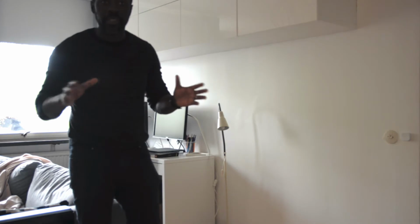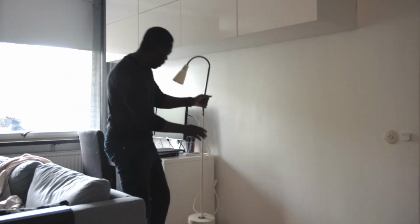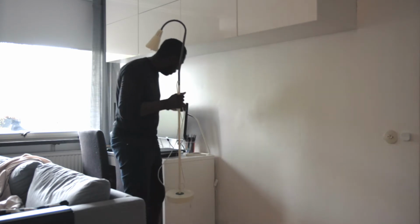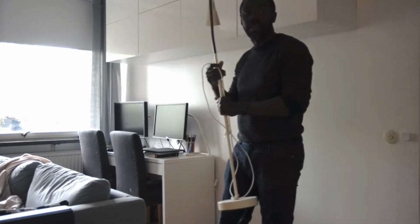So the space is almost empty. I just need to remove this lamp and clean everything and remove everything, and then we're ready to